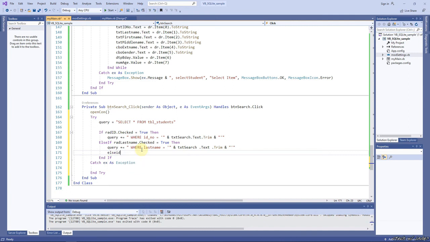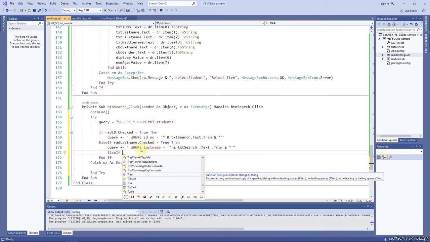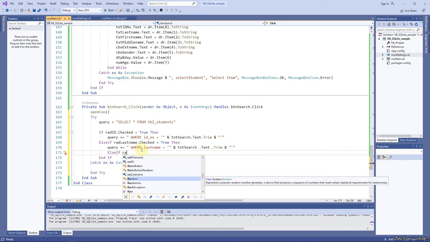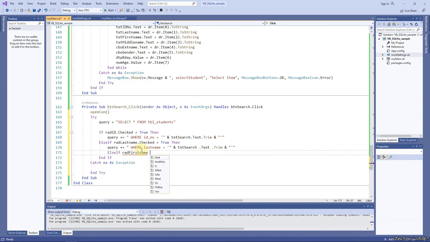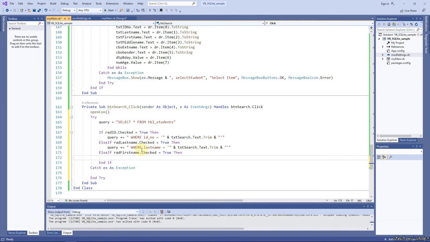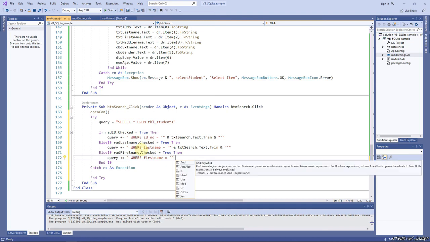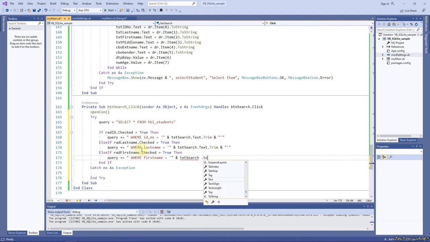else if there's another one, rdFirstName.Checked equals true, then our new query will become plus equals where first name equals txtSearch.Text.Trim. Okay,